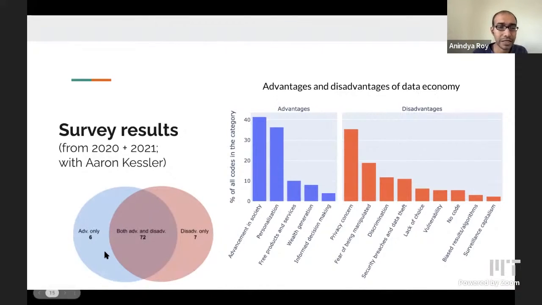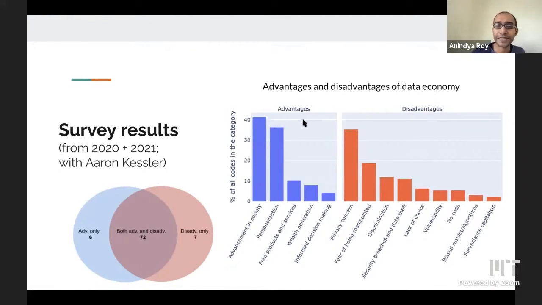The responses to the questions about advantages and disadvantages are well distributed. Almost all of the responses previously pointed out both advantages and disadvantages. There were very few responses which were advantages only or disadvantages only. But there were a lot more in the intersection of the Venn diagram.